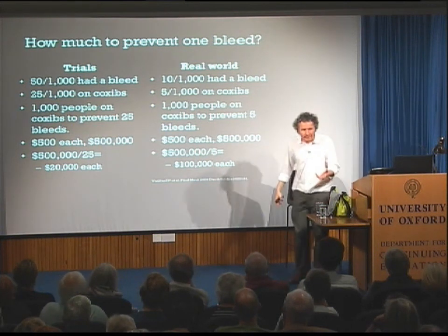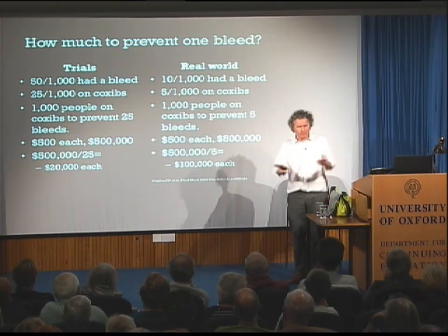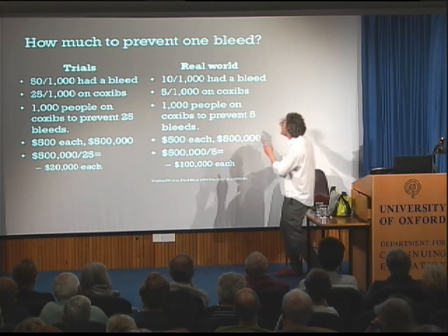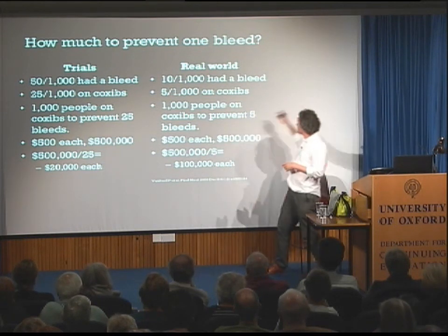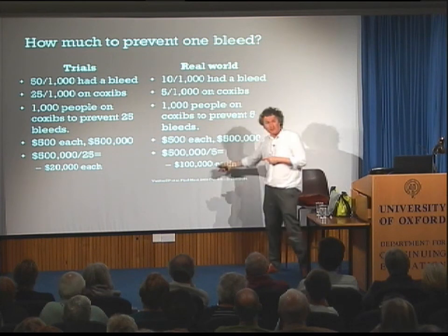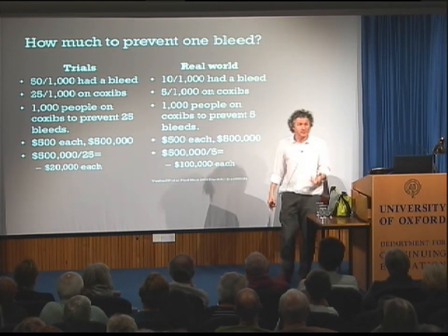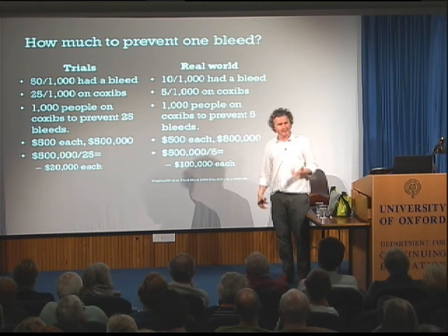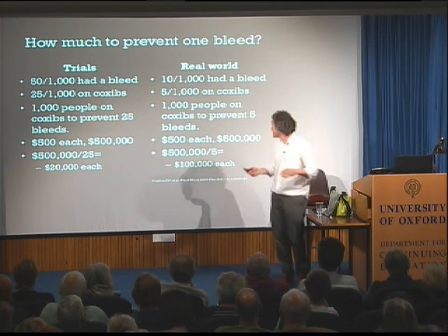You can see why, yeah? Isn't it interesting that you get that and NICE don't? Anyway, so $500 per person on coxibs, so now you're paying $500,000, the same amount, but you're only preventing 5 bleeds. So now suddenly there are $100,000 per prevented bleed. Isn't that interesting? Isn't that clever? And isn't that amazing that NICE didn't notice? Anyway,